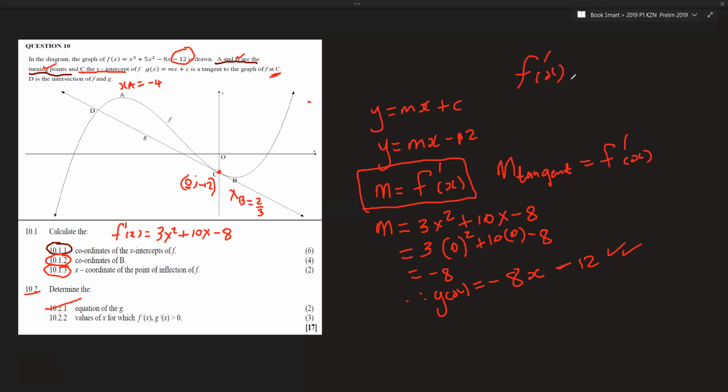The last question says f prime of x multiplied by g prime of x must be positive. So here I'm going to use this idea. Always when you multiply functions, you're just going to do this. Look, I'm looking for negative multiplied by negative will be positive,